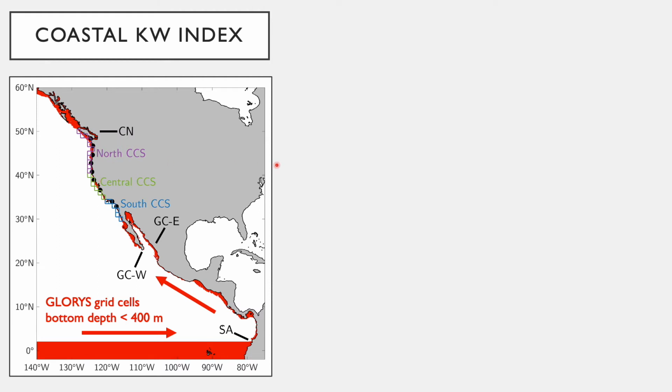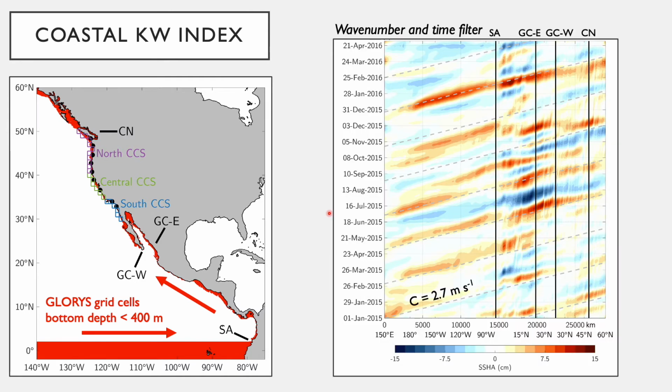So basically, we're converting our sea surface height data from a 3D physical space of time, lat, lon into a 2D physical space of time and distance along this pathway that is traced by the red shading here. And so ultimately, what that looks like is a Hovmöller diagram of this wavenumber and time filtered sea surface height anomalies along that physical pathway, following the coastally trapped Kelvin wave path and then throughout time.